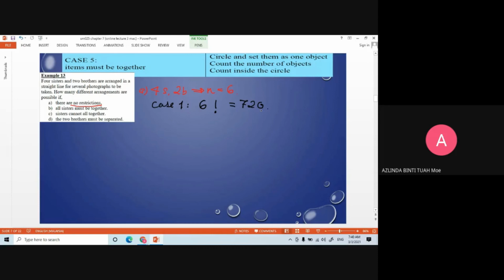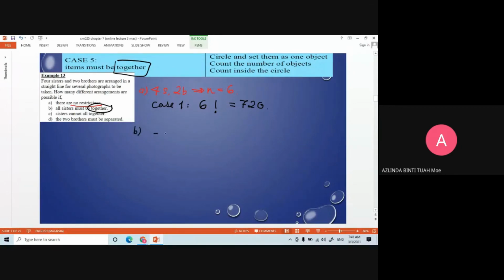Okay, 13B, all sisters must be together. So this is the strong keyword for us to determine. It is the case number 5 with the word together. Okay, how do we answer this question? Dia kata kena circle dulu, dan untuk objek yang kena sit together tadi tu, since all the 4 sisters must be together,